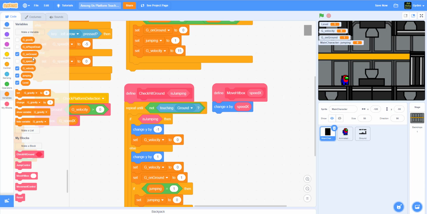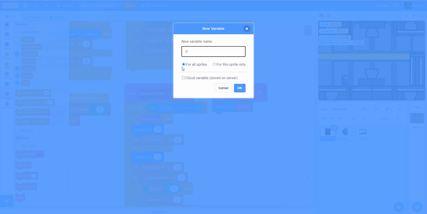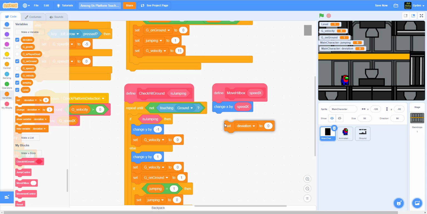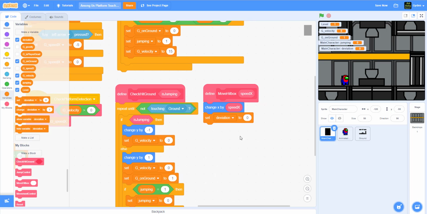So we are going to create another variable. Okay, so we're gonna create a new variable actually. Make it called deviation. So we're gonna check some deviation of the sprite and the platform. Okay, for this one, make sure that you select for this sprite only, since we don't have a G in the front, right? So this is for this sprite only, for the main character sprite. Okay, so let's set this guy here, set deviation to 0,